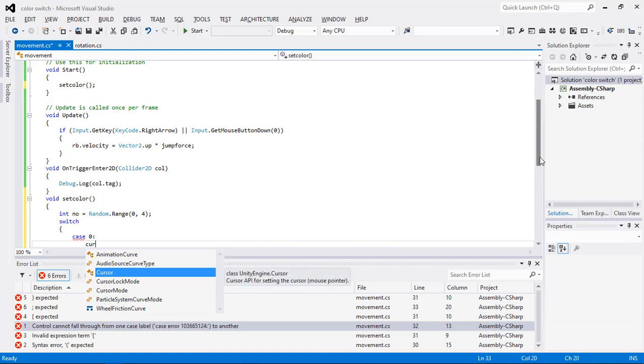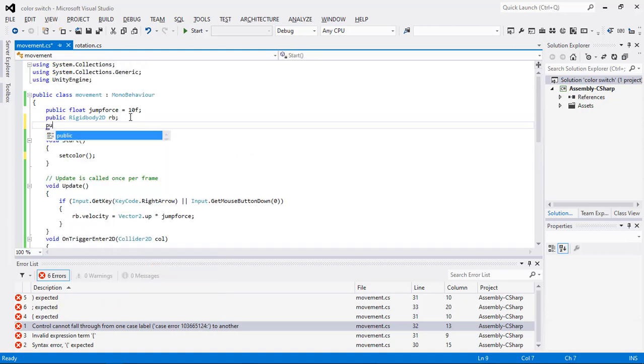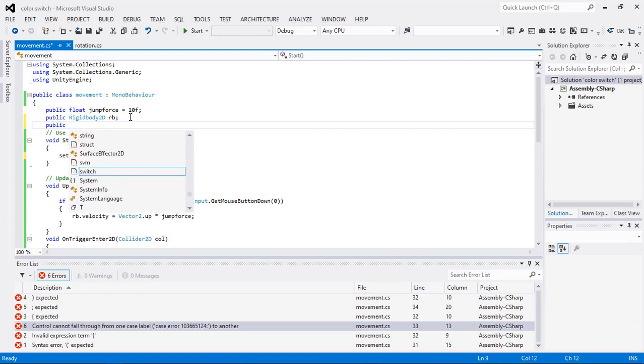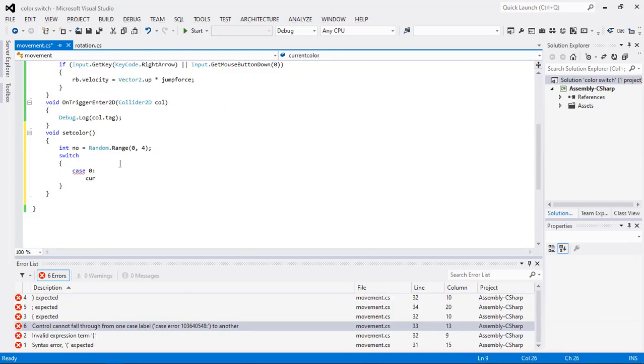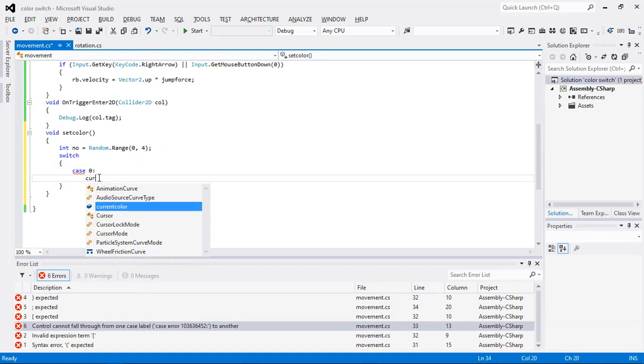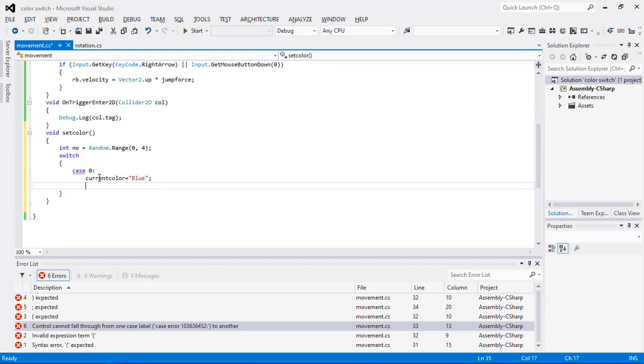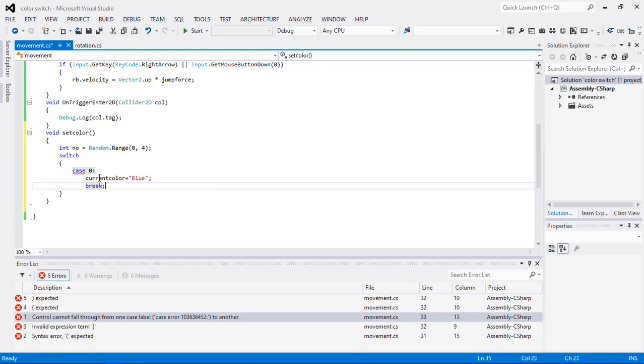I haven't done that here. So in this here, public Color. Oh, sorry, I'm not using the Color here. I'm using the string color. So let us say currentColor. What will be the current color of that object? So I'm going to use currentColor is equal to cyan, or not going for the cyan, for the blues, the bluish, not the cyan. So I'm going to break it here, and